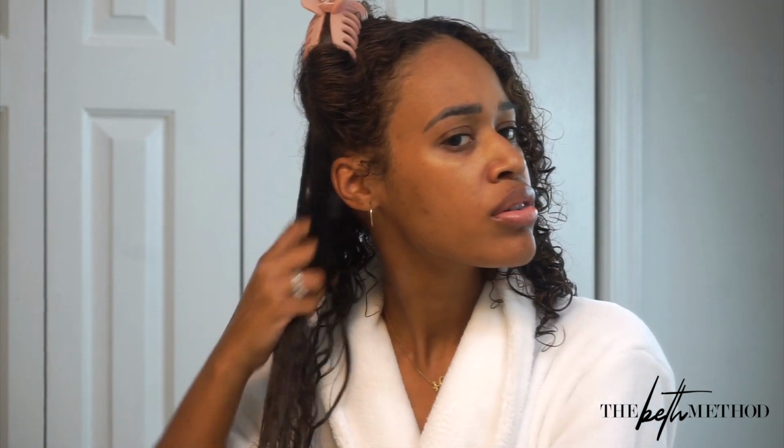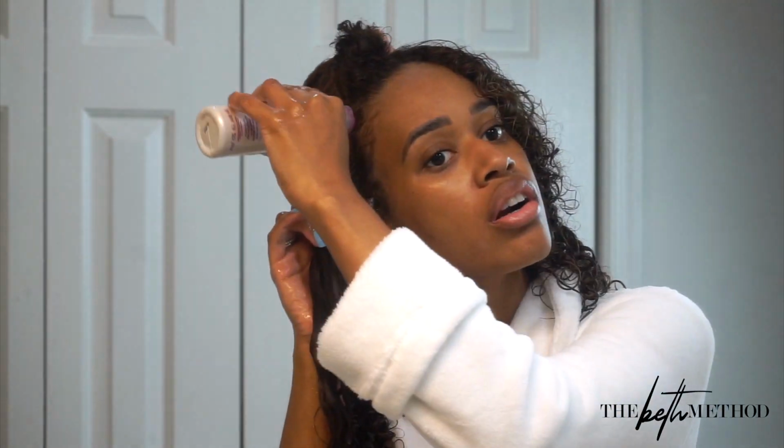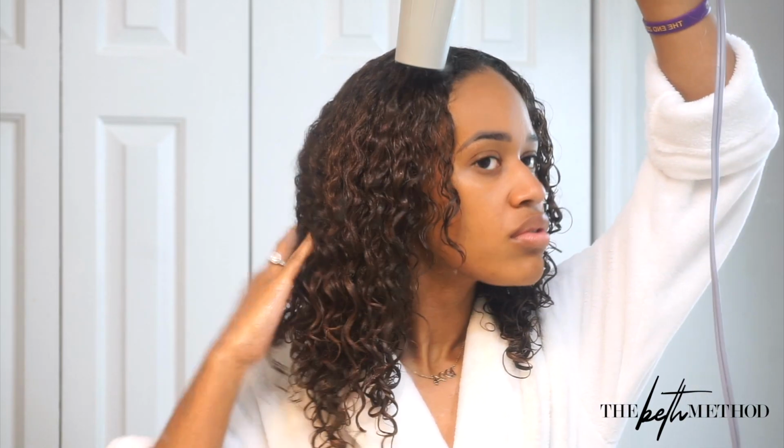This is step 1 of the 2-step Apogee protein treatment, and it's just like a liquid. It smells like apple cider vinegar, and you're supposed to blow dry it onto your hair. You're supposed to use heat to set it into your hair. Now, it does make your hair very hard and crunchy, so you don't want to manipulate your hair while you have it in there. But it has protein, it does its magic, it dries into your hair, and your curls